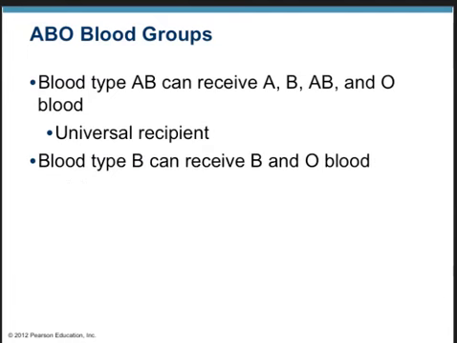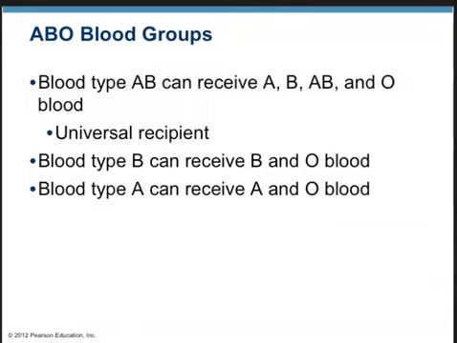An individual who's type B blood is going to have the B antigen on the surface of their red blood cells, and they're going to have antibodies against the A antigen. So they would be unable to receive either type A or type AB blood. However, they're perfectly capable of tolerating type B or type O blood. An individual who's type A is going to have the A antigen on the surface of their red blood cells, and they're going to have antibodies against the B antigen. As a result, they're unable to receive either AB or type B blood, but they can receive either A or